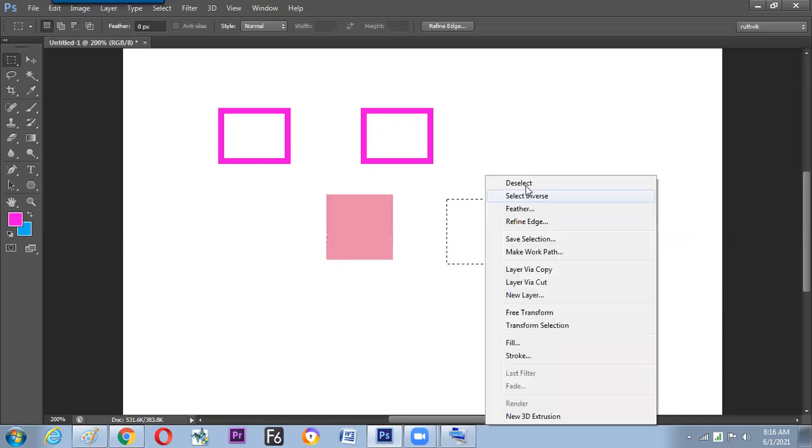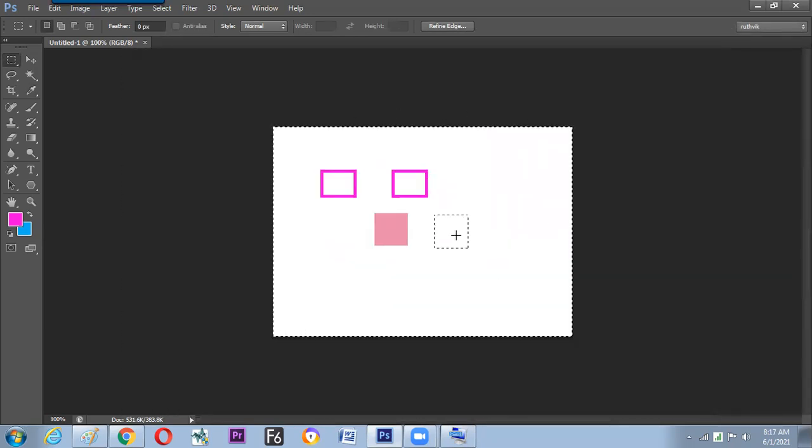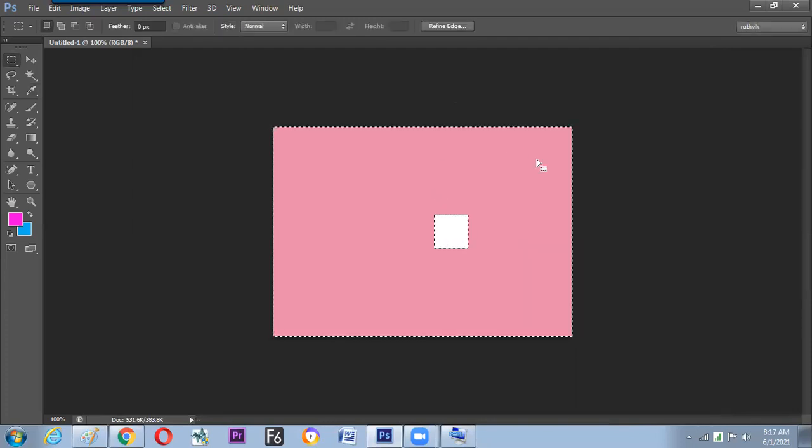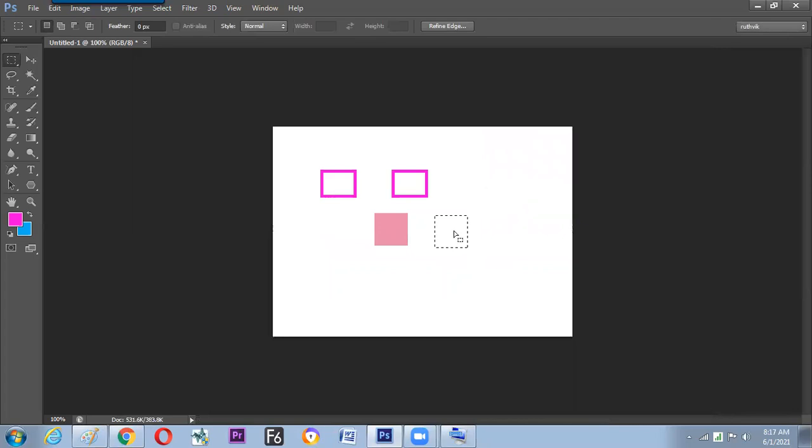Give a right click and go for direct deselect. These three options are clear now. Except that, we'll go for the next option called inverse. What is this? Select inverse. Except this area, we need the other area to get selected. That is called invert selection. So now the selection is this side. If you are filling any color, then it fills the other side of your screen. That is what is called inverse selection. So hope we have understood what invert selection is. Is it okay? Invert selection. And already we have learned intersect. Hello, any question?